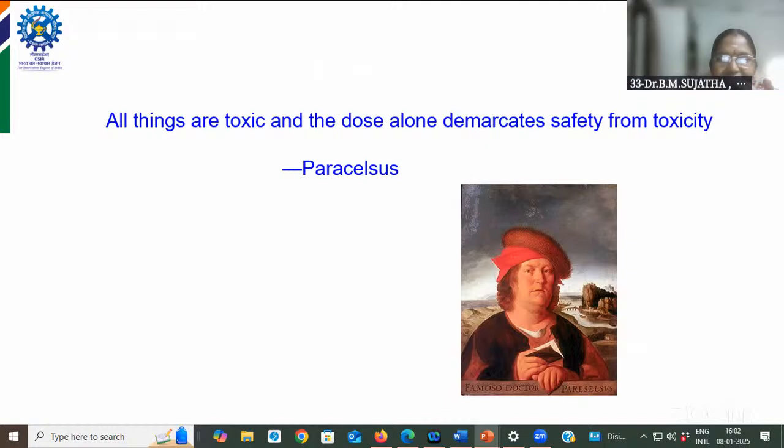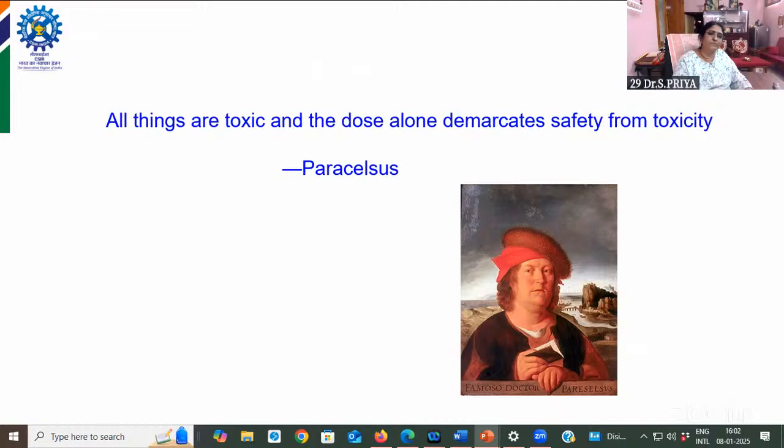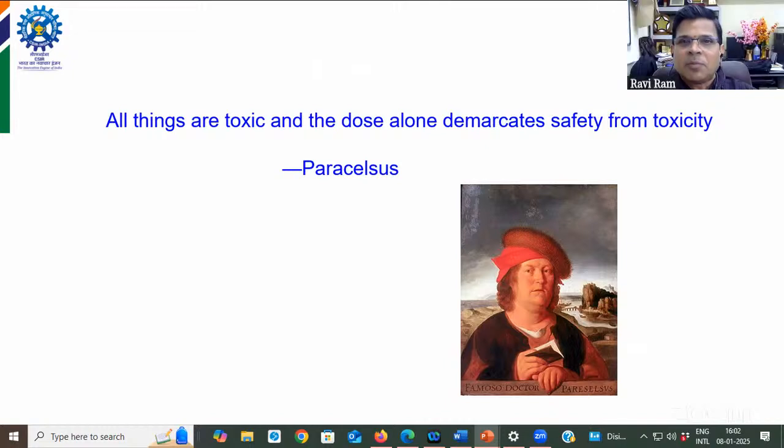I'm not asking in terms of germs or anything. Assuming that your RO is very efficient in removing everything, do you think it is safe? No, it is not safe. Because even if it is pretty healthy nowadays, you're getting alkaline purifiers and all that. With all that, if you drink too much water,